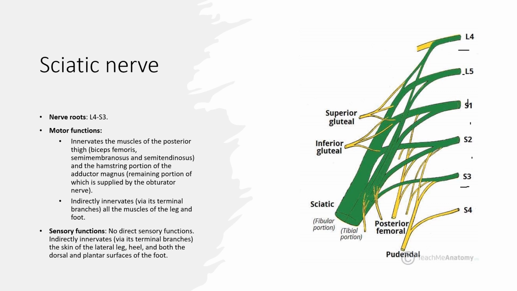Okay, so only the hamstring part of the adductor magnus muscle is supplied by the sciatic nerve. The rest of the muscle is supplied by the obturator nerve. Okay, now